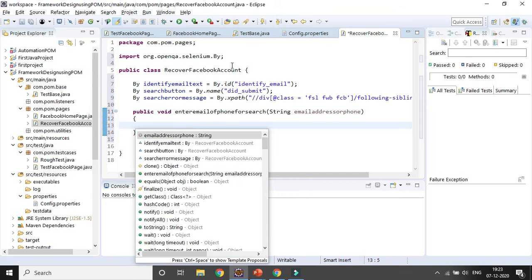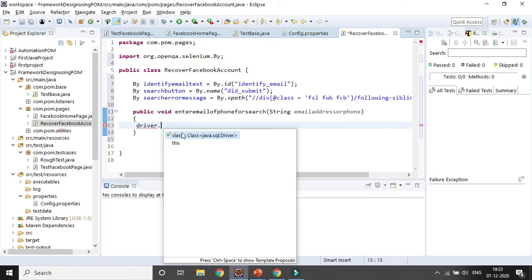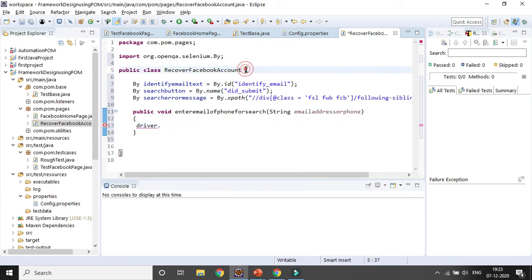Here I did not extend the base class, right, because whenever you are creating any web page, that is the reason driver is not coming here. After typing driver, you can see the driver.find option is not coming, because I did not extend the base class.